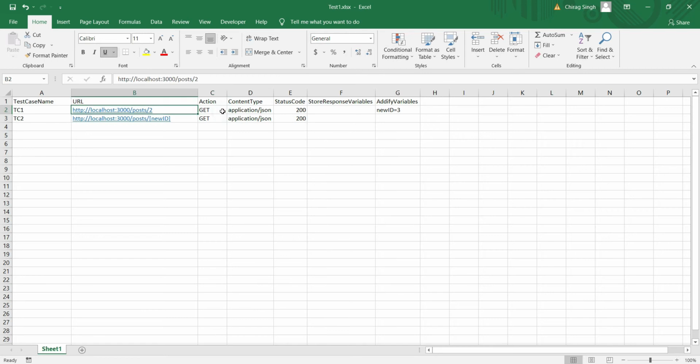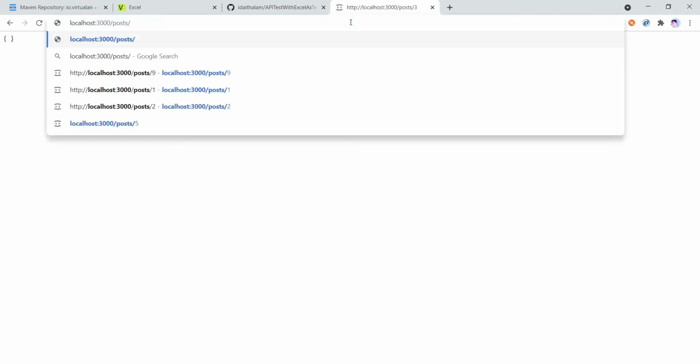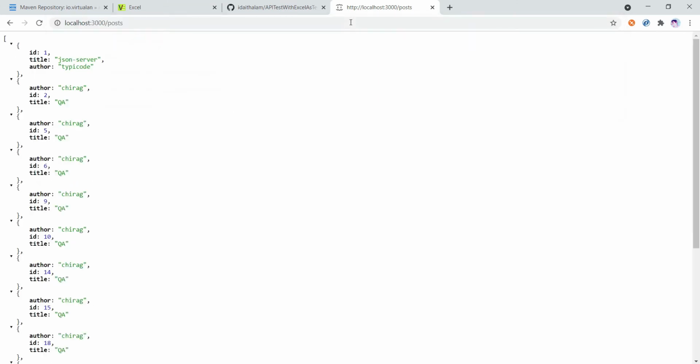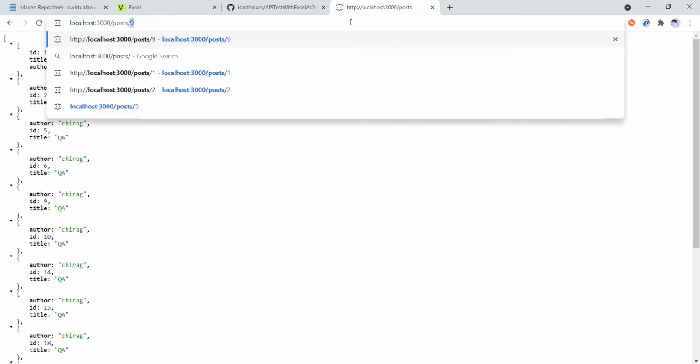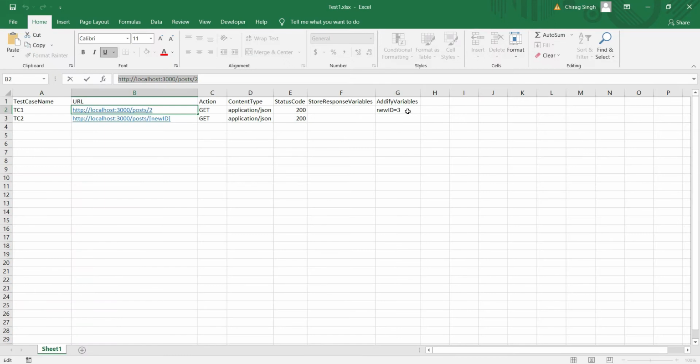Let me show you what result we will see on Chrome, and we will see after the execution. So 3 does not have any response, so let me try 5, so we have data for 5. So ID 5 has data, so let me change this value to 5, and we will get this data.